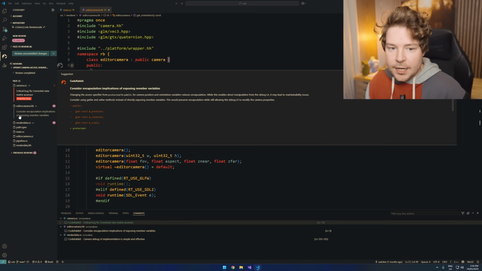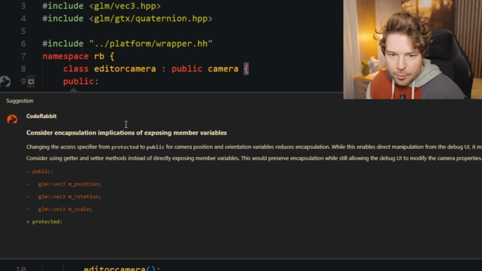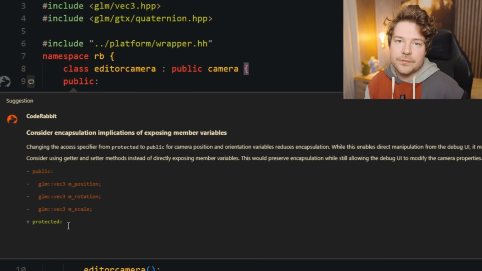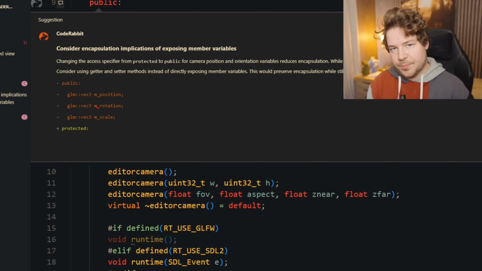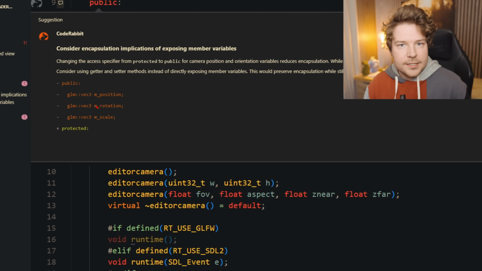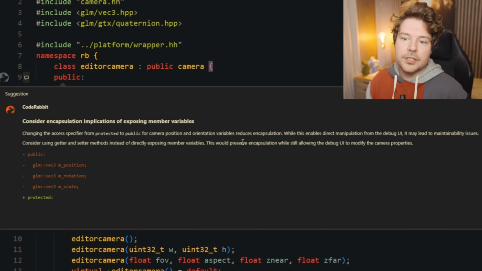Then we've also got some notes. So we might want to consider encapsulation implications of exposing member variables. This, of course, I just did for debug reasons. It's nice that it's pointed this out because a lot of the time you might just forget that you exposed something, you made it public just because you were debugging or trying to figure out the state of certain variables, and then you just commit it because you forget about it. So it's good that it points it out and also gives you a lot of really good information,